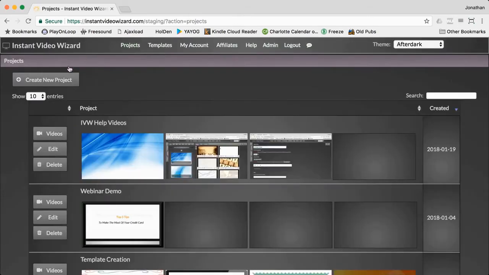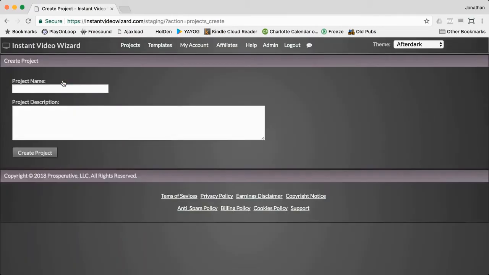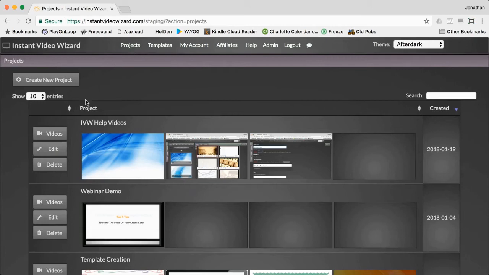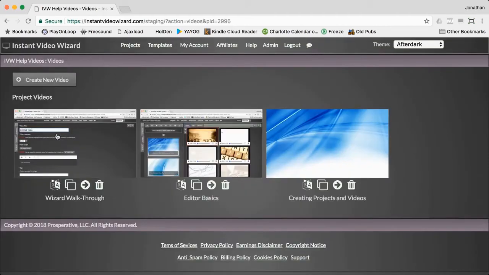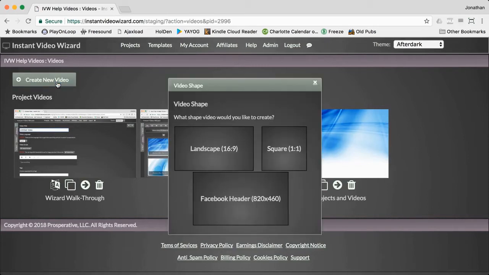Creating a new project is done by clicking the Create New Project button. You can give it a name and a description and click Create Project. Once your project is created, you can add videos to it by clicking the Videos button. To create a new video is as simple as clicking the Create New Video button and then selecting the shape